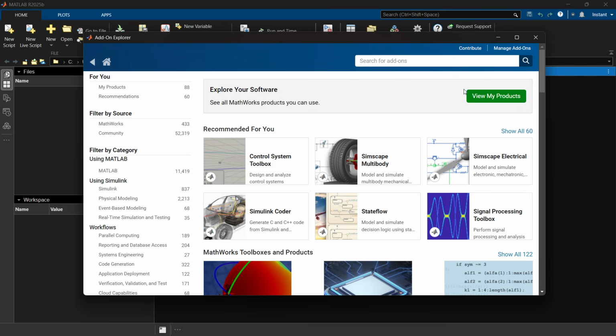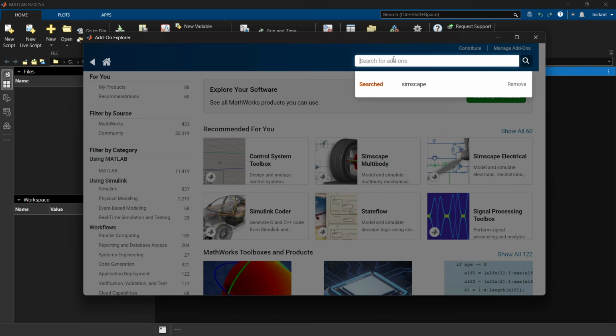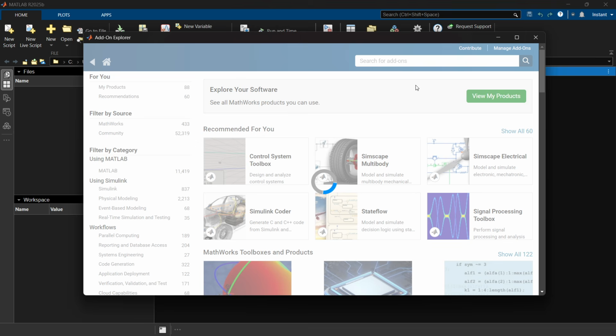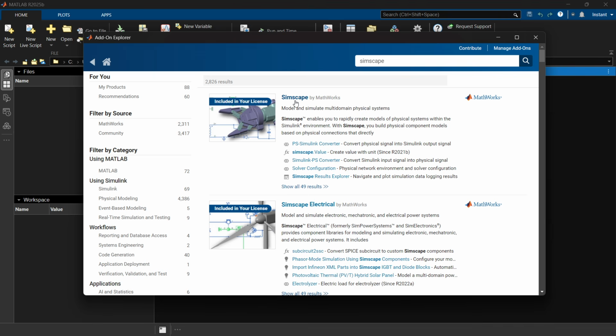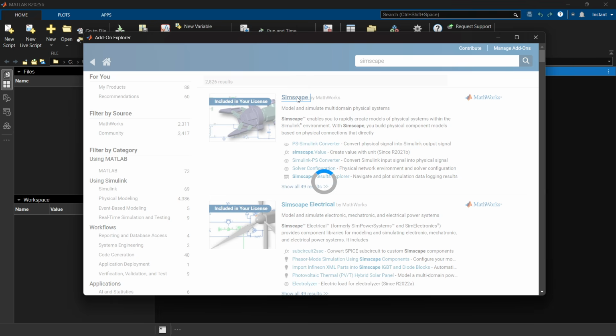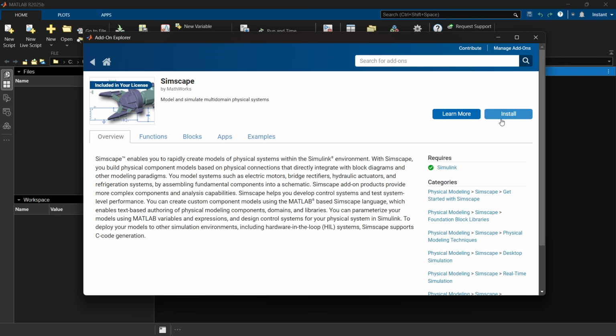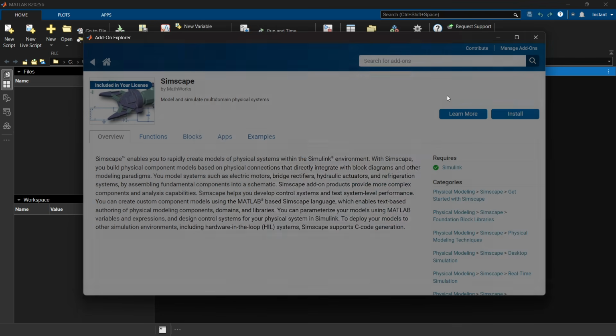Simscape is an add-on. So if I go over here, top right, and type in Simscape, which I already have earlier, I can just type that, press the Enter key or this key over here. As you can see, it's going to say Simscape. You simply want to click on it, and whenever you do that, here it's going to say Install on the right hand side, so you simply want to click on the install button, and whenever you do that, it's going